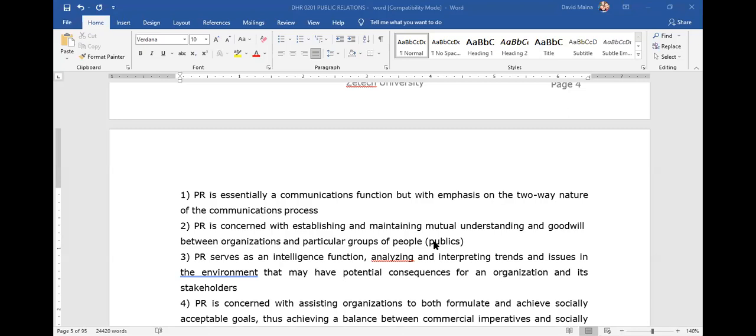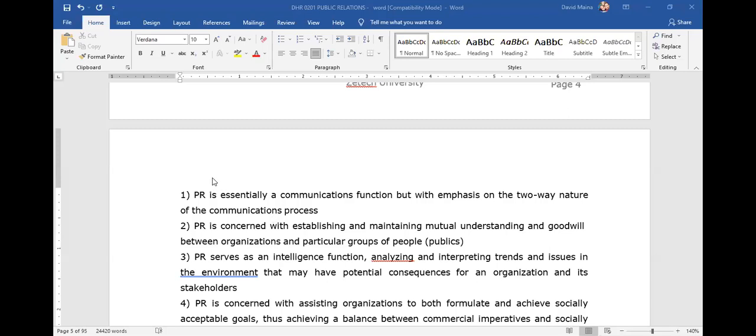It's not every Tom, Dick, and Harry. Even if they come to you as an employee of a certain organization and they are asking you questions, kindly do not answer them. Tell them to go to the PR office. That's why even in government, we have the government spokesman. In short, he's a public relations officer of this particular country. So you realize that PR is a communication discipline.